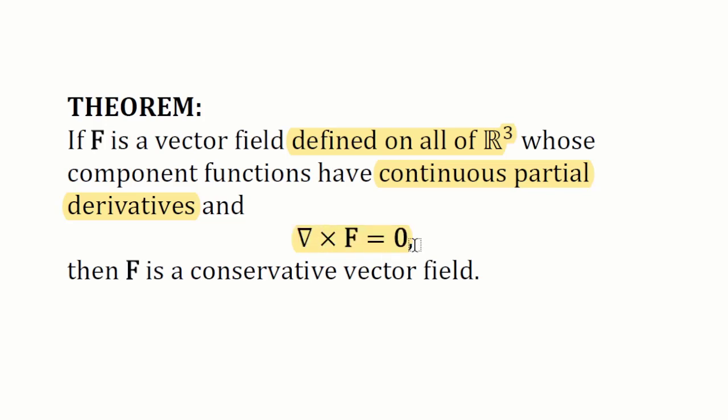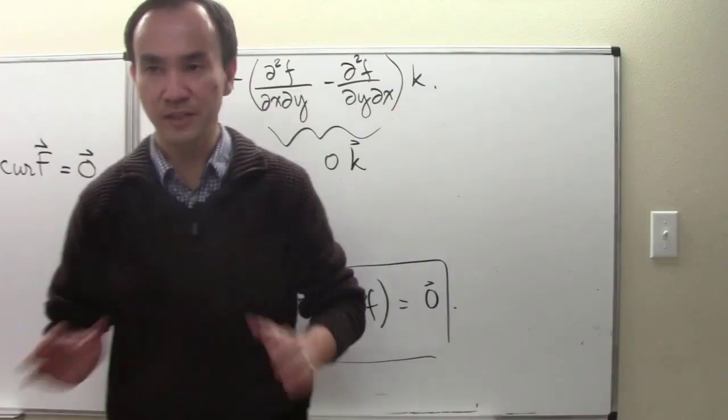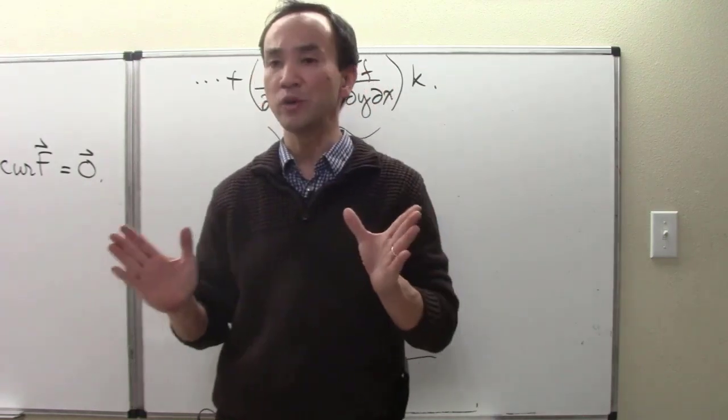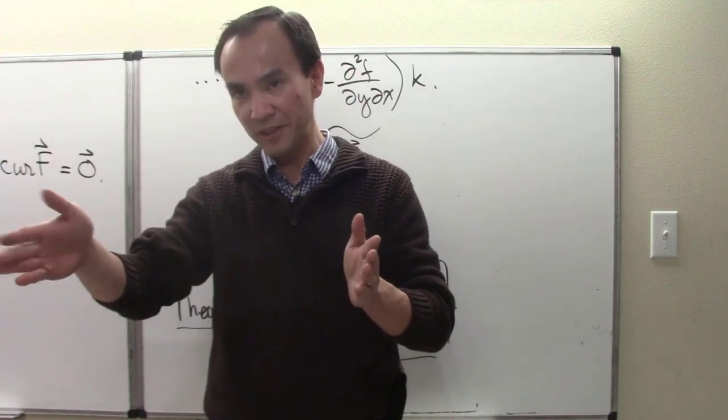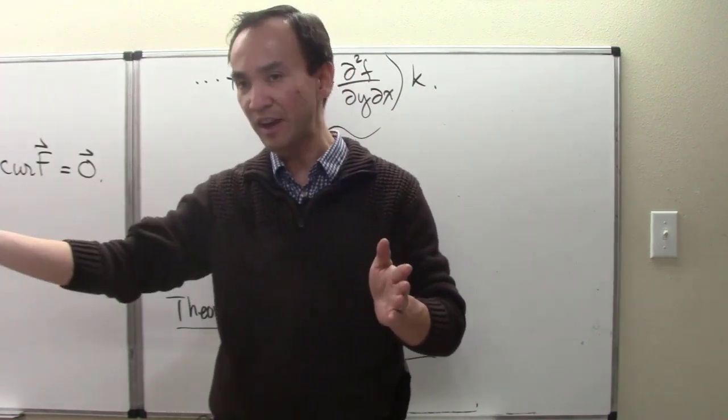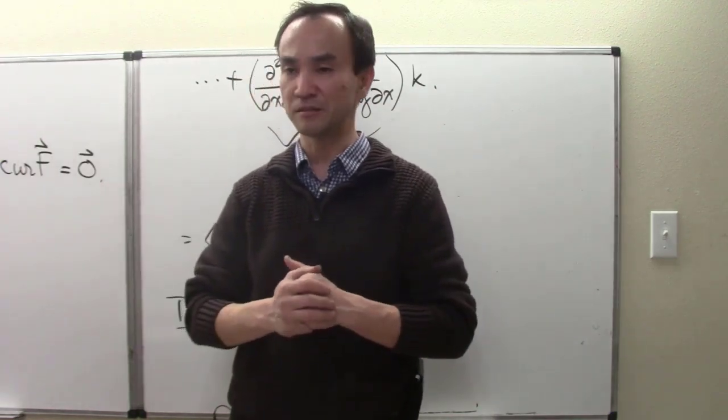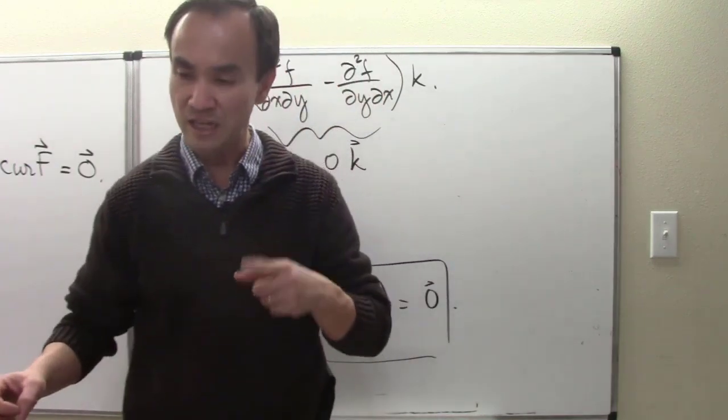taking the curl of the vector field gives out the vector 0, then with that result and these requirements together, we can make a statement concluding that the vector field is a conservative vector field. So the idea of this theorem is that it's not always true that simply taking the cross product, taking the curl of the vector field and coming out with 0 means the vector field will be a conservative field, because a field itself,